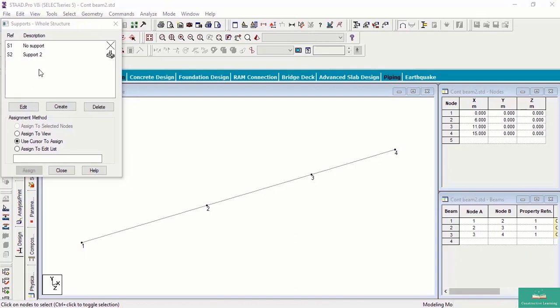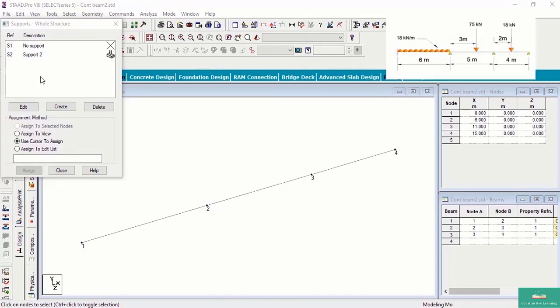After creating fixed support, we need to assign the supports at different joints according to our requirement. In our example, at joint 1 or joint A, it is a fixed support, and in the other joints they are simply supported or pin jointed. So click on Support, Fixed Support, Assign.